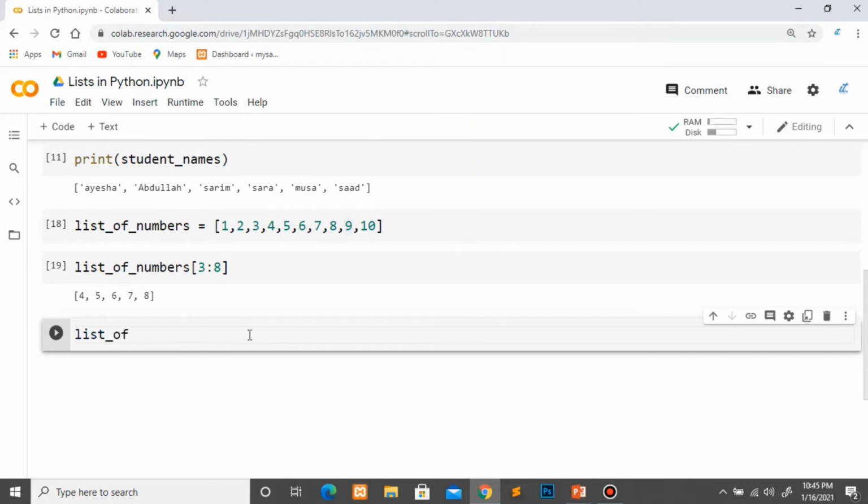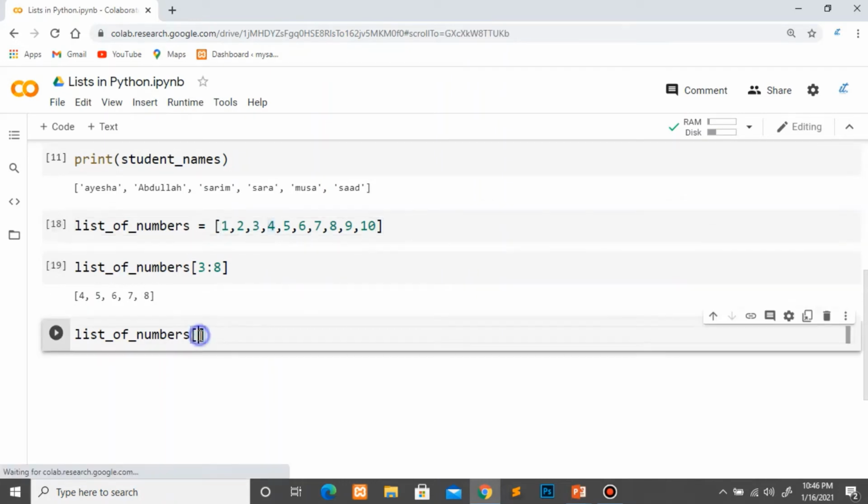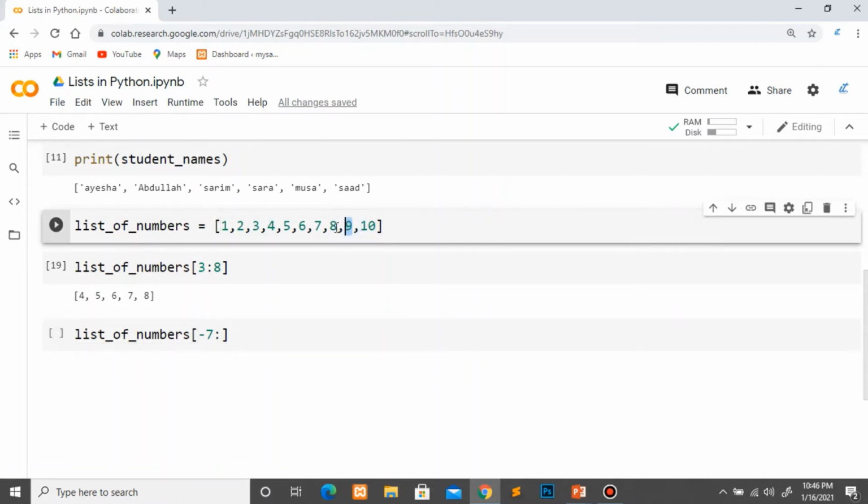So I will write list of numbers, and here I want to access this list again. The index of 10 will be -1, then -2, -3, -4, -5, -6 and -7. So the index of 4 is -7. So I will write from -7 to -2, because I want this 8.